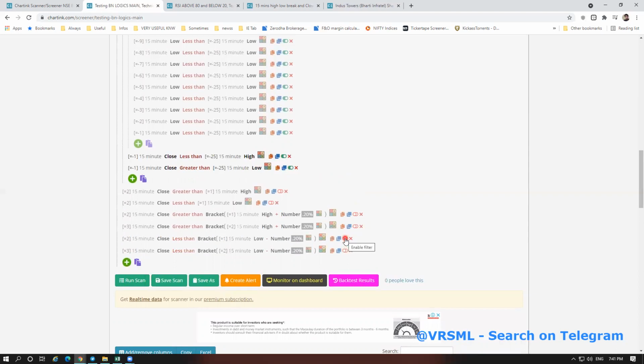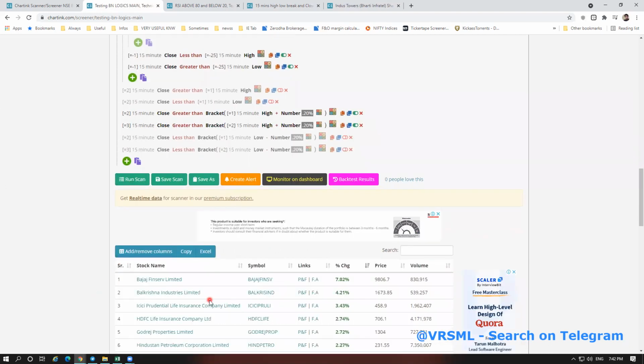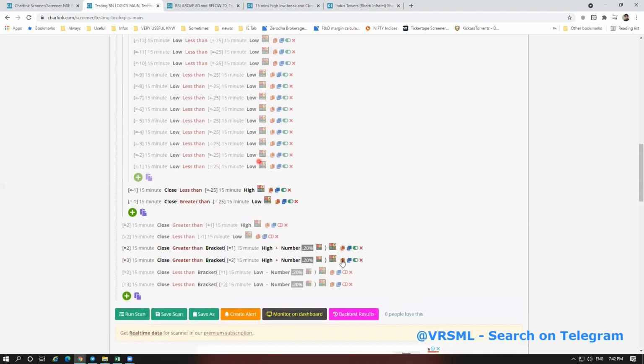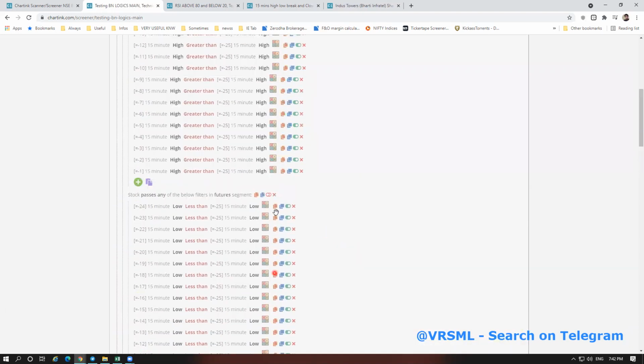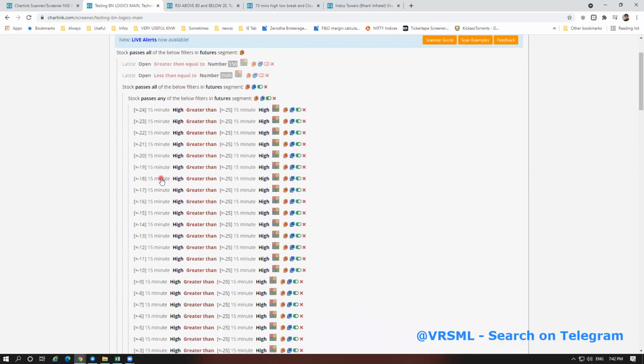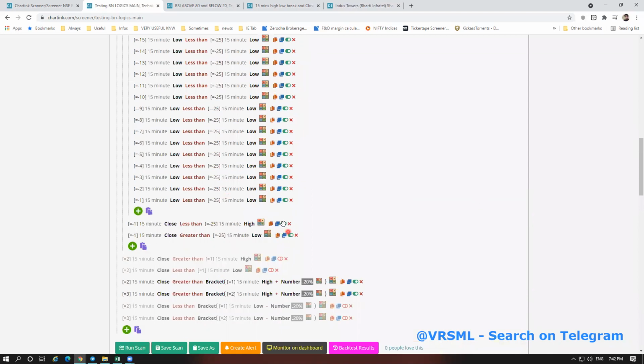Okay, but once the market starts, you have to run this scanner between 9:45 and 10. If you want a perfect setup, you have to run the scanner after 10 o'clock, because the 9:15 to 9:30 and 9:30 to 9:45 candles will form, and then 9:45 to 10. So after 10 you will get a complete setup, you just run a scan and you will get a stock. Accordingly, you have to disable and enable whichever filter you want. This one is basically for the 15-minute high low break, this is for consolidation, this is for ORB fulfilled, and this is for both fulfilled. Okay, you can find stocks for intraday also.